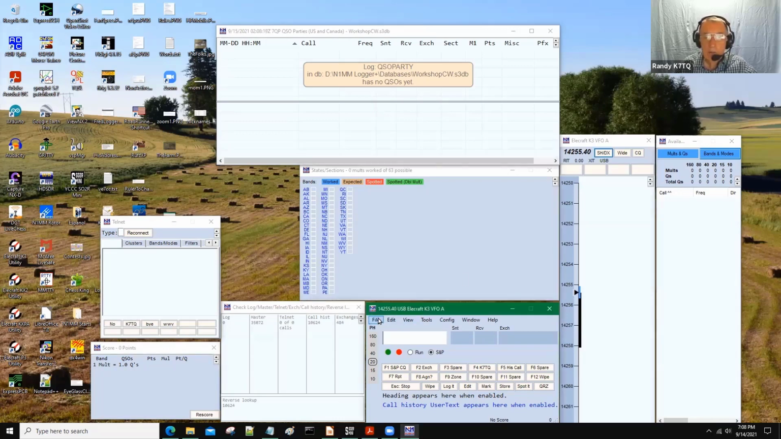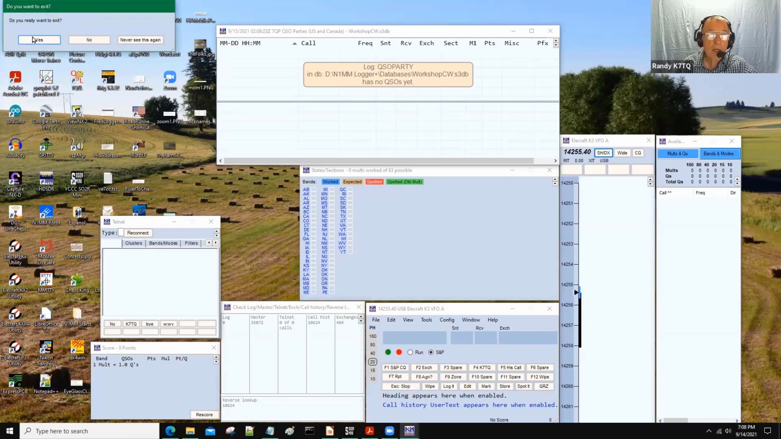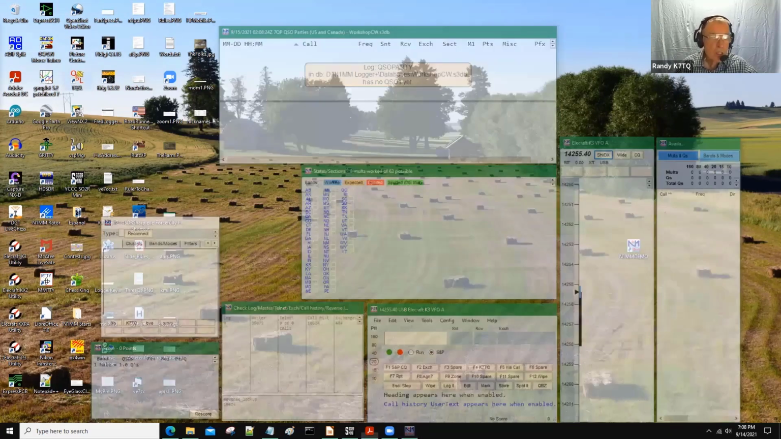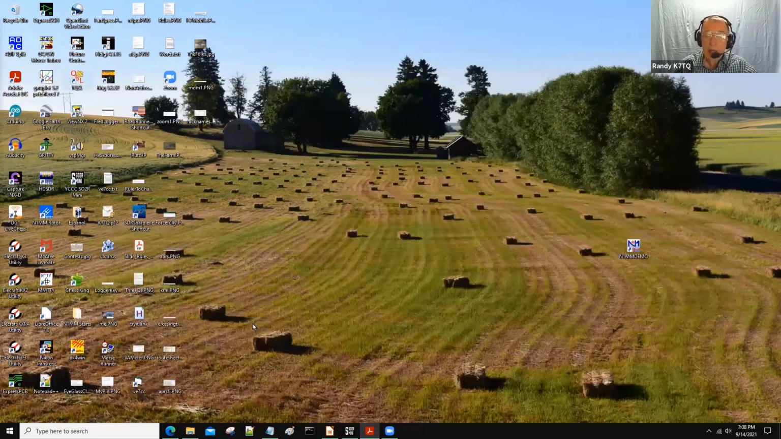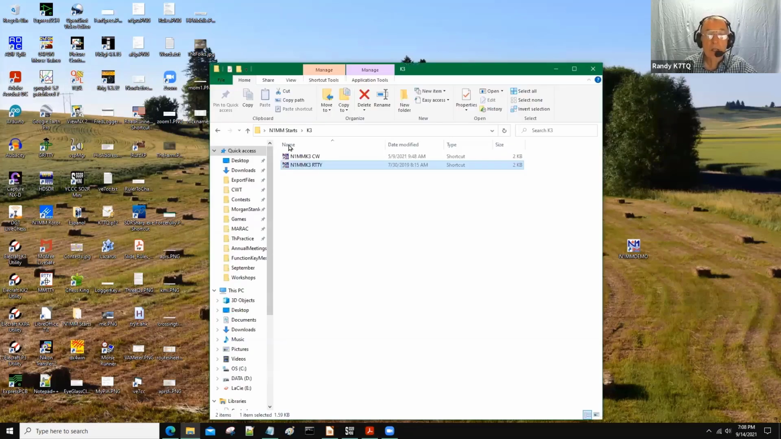Now I will go through how to set up an INI file. So we'll use that CW example, and I closed N1MM, and you need to know a few background things. N1MM has information stored in two different locations. The first one is